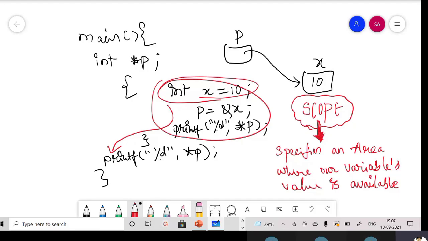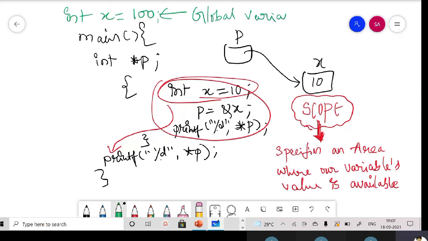Yes, sir. If my variable is a global variable, what do we mean by global variable? Whatever is outside the main will be called a global variable. If your x is outside the main, I can say that x is a global variable, because its value is available throughout the program. Whoever wants to access x can access it, because x is in the global declaration section, right? We learned that structure of C program, wherein we have the global declaration section before the main.